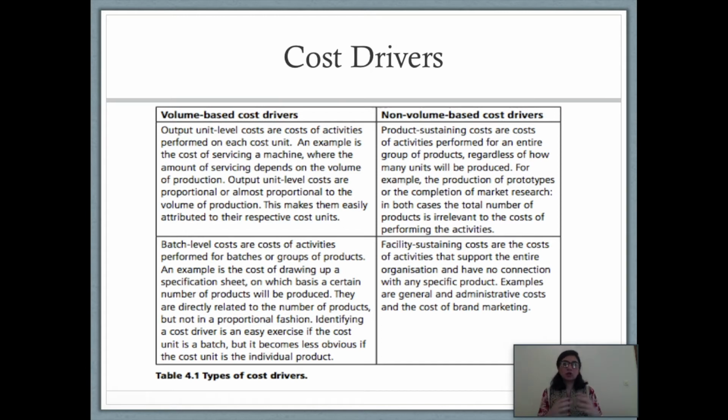Let's suppose your overheads are your factory rent, right? You're paying the rent of your factory. Now, how can you calculate what derives the rent? How was the rent actually calculated? It must have been calculated on the square feet area, right? How much area the factory covers is directly proportional to the rent amount. Now, the rent is actually calculated based on different areas. So, your floor area again is a volume based driver which derives the cost of rent.